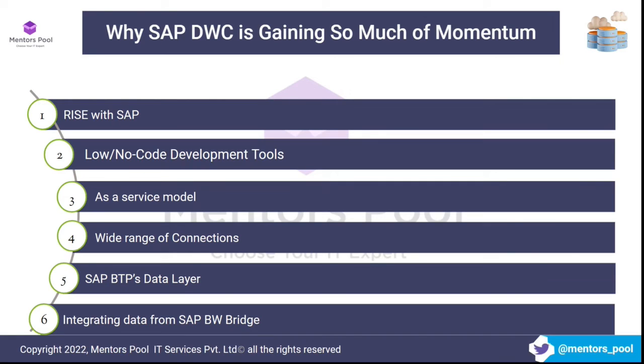So when it comes to the other warehousing solutions like BW or BW/4HANA, it's not necessarily a no code tool at all. They provide extensive coding capabilities. You can enhance anything that is existing in the system. You can create customer exits. You can create your own customized solutions. Whereas the drawback is it has a lot of learning curve. You need to be an expert to use that tool.